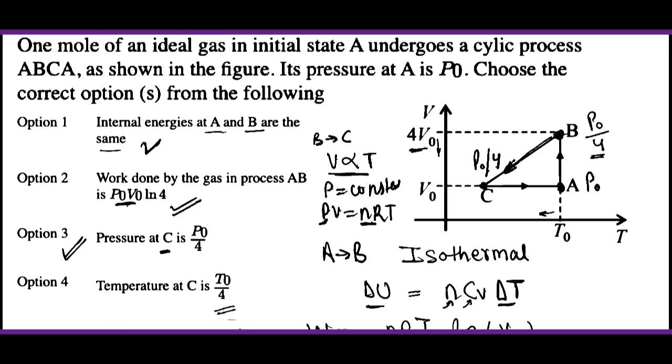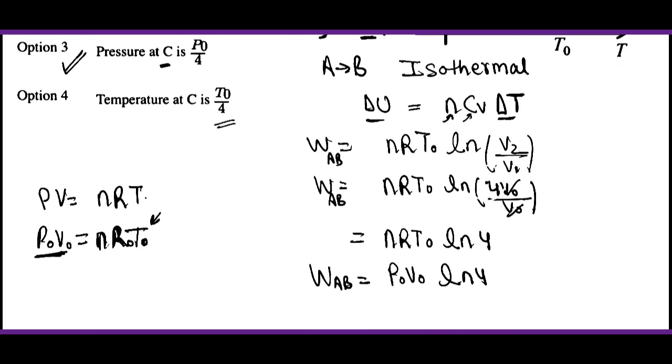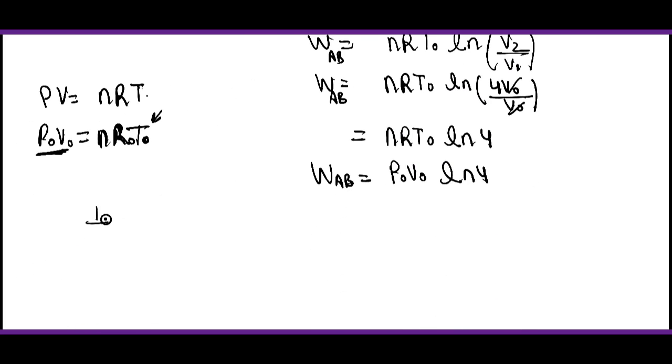अब आते हैं फोर्थ ऑप्शन पे, टेम्परेचर एट C इज T₀/4। तो ये चेक कर लेते हैं। देखो प्रेशर हमें पता है, यहाँ वॉल्यूम पता है, ठीक है, C पे। और यहाँ अगर प्रोसेस BC की बात करें तो प्रेशर कांस्टेंट है ना, यानी